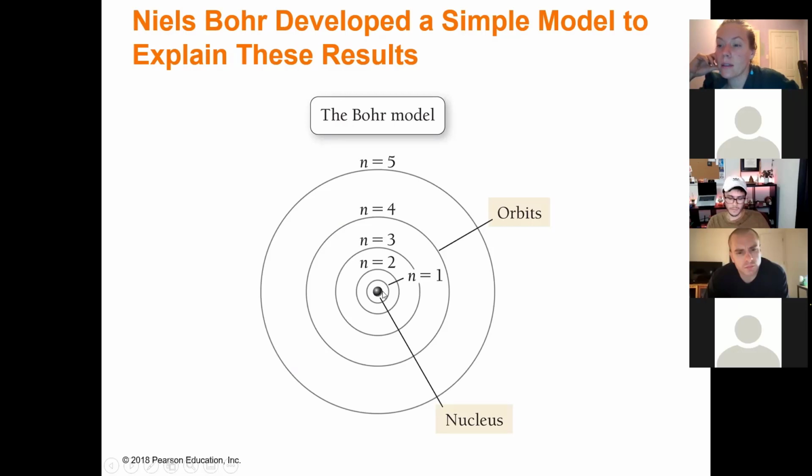Why? Well, the nucleus has got protons in it. That positive charge pulls on the electrons, so the electrons will naturally fall closest to the nucleus. If I excite this thing, like plug it into a wall, or put it in a flame, this electron will absorb energy. And what that electron will do is start to jump to higher energy orbits. Depending on how much energy this atom receives, that electron can jump from the 1 to the 2 or the 1 to the 5,